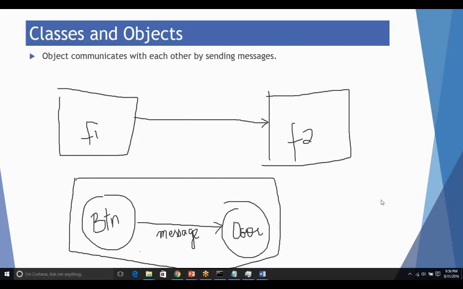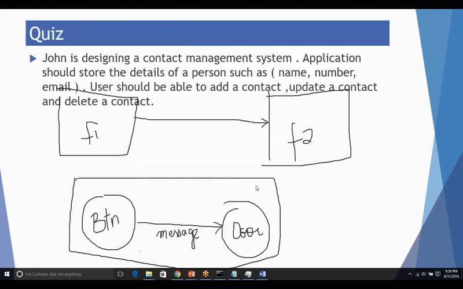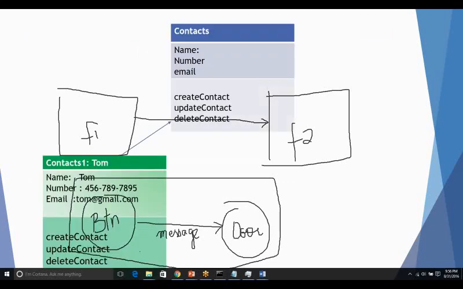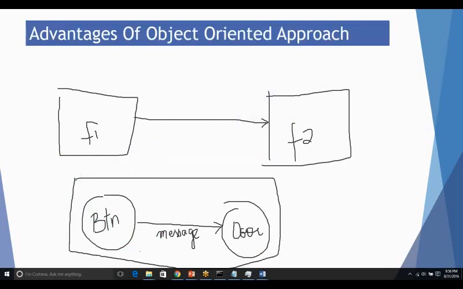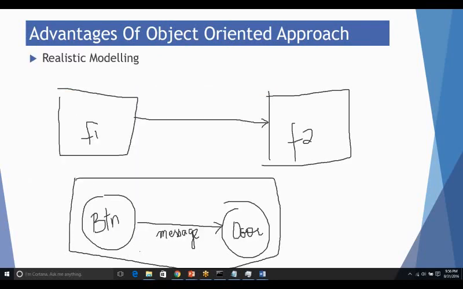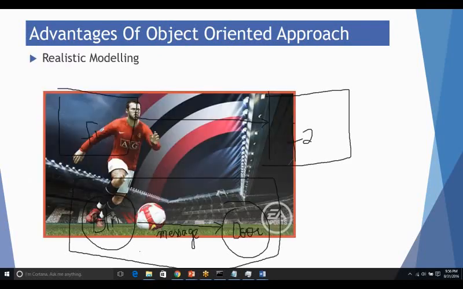Okay, thank you. This anyway we have already discussed. Now all the advantages of object-oriented programming, we will discuss in the next class. But with this, let us